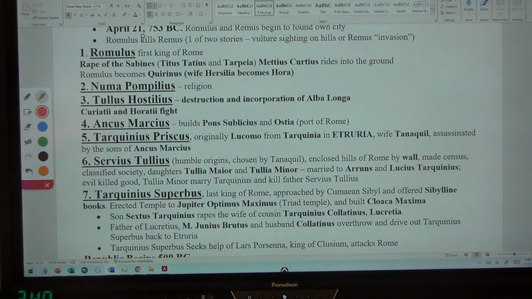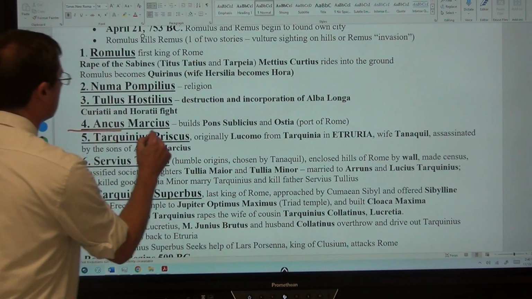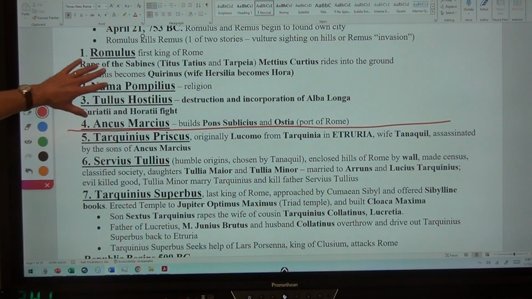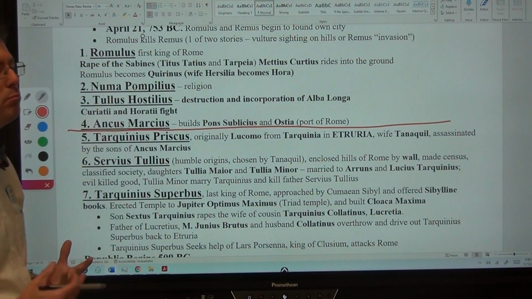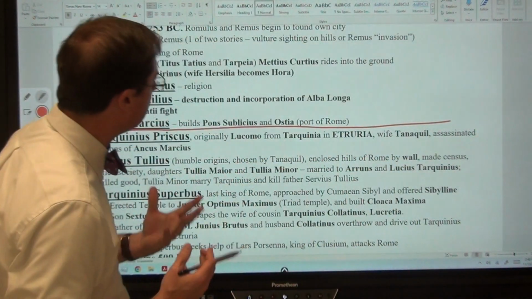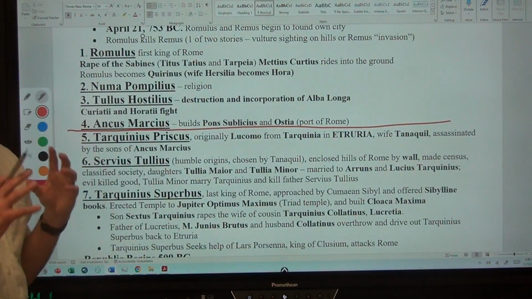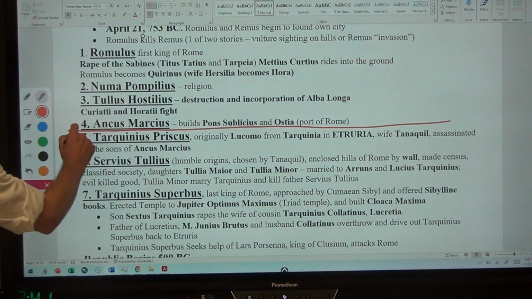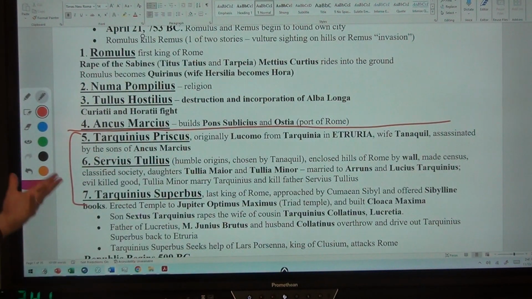Romulus, Numa Pompilius, Tullus Hostilius, Ancus Marcius. If you were to draw a line, that line would be drawn right there. That is because the first 4 are rather convenient and they are more legendary than based in historical fact. Every single one of them provides a certain essential element to the civilization of Rome, whereas those that are beyond the 4 mark, 5, 6, and 7, actually have their